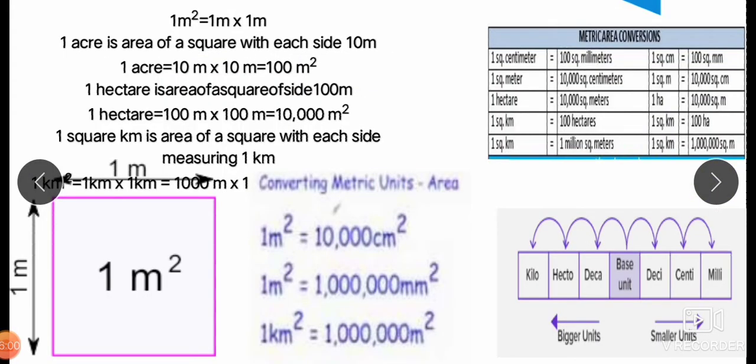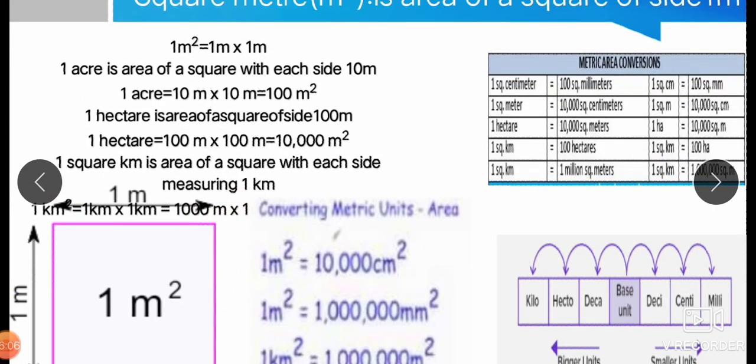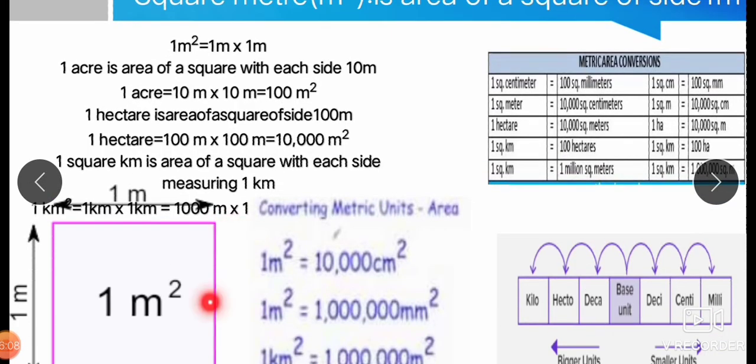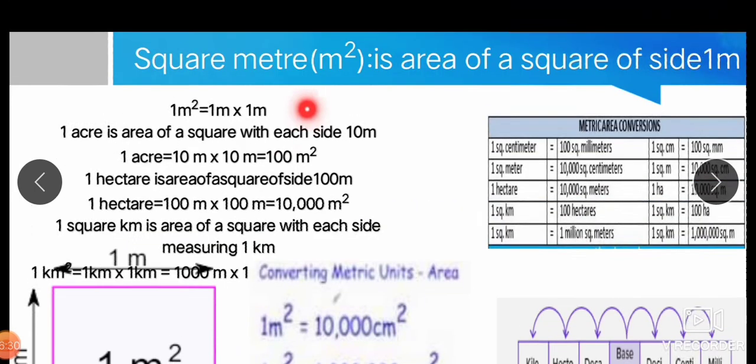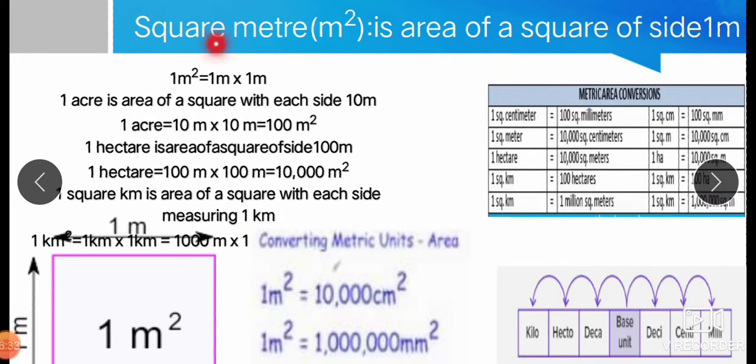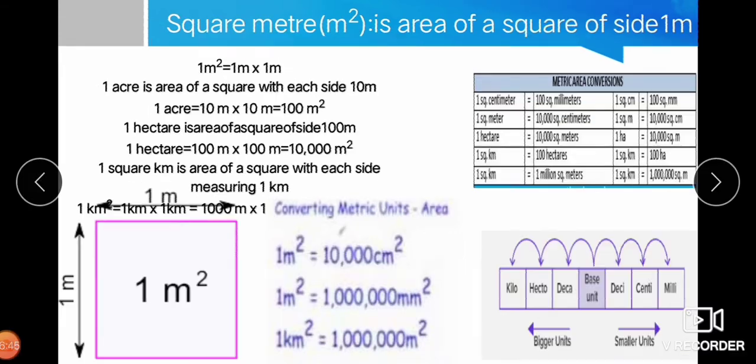So you can write the different units in the different systems, MKS, CGS and SI system, and use the formula of the area of a square. Area of a square is equal to length of side into length of side, or side square, and hence its SI unit is 1 meter square. As we write the length or distance in meter in the SI system, the SI unit of area is square meter, or in short meter square. All these conversions are written in this chart.